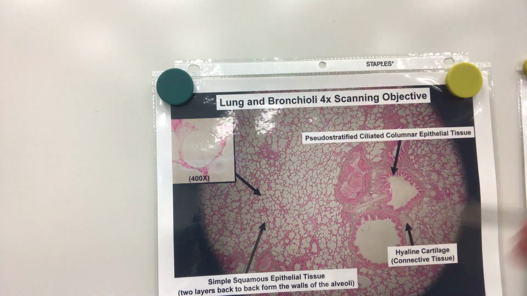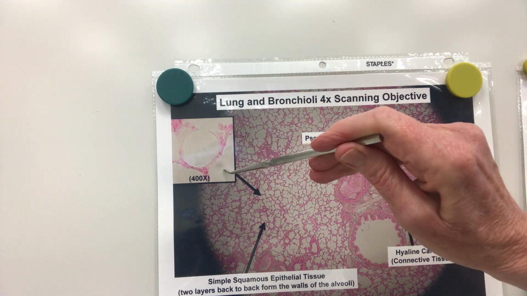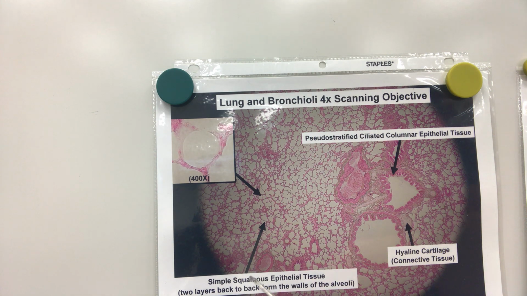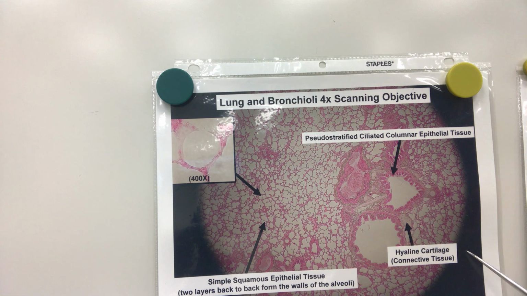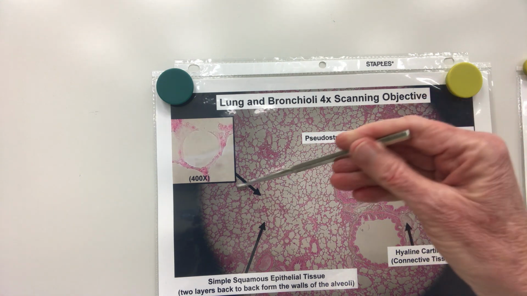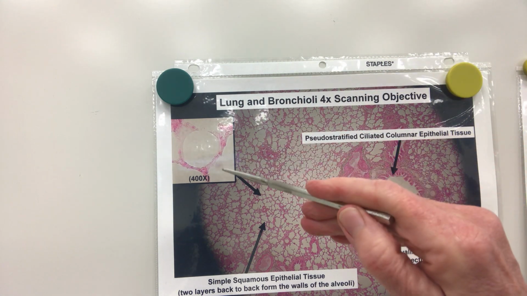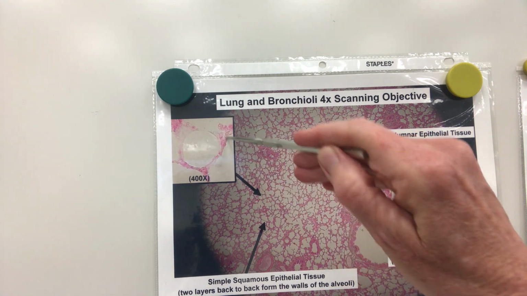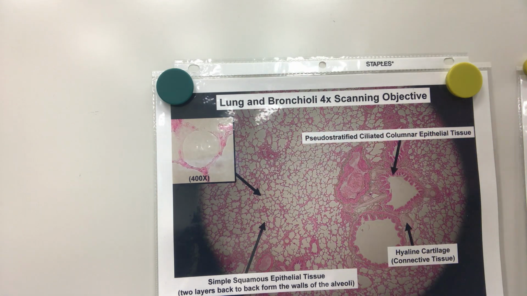This is the lung and bronchioli, and we're going to look at these areas right here, the magnified area. This is where we're going to find simple squamous. Okay? Now, we have identified other types of tissue that you can find also on this slide, but focus on the magnified version because that is what I will put the picture of this and identify what it is. Simple, there's only one layer. Squamous, these look like they are flattened, and it is free space, air space in between each of those.